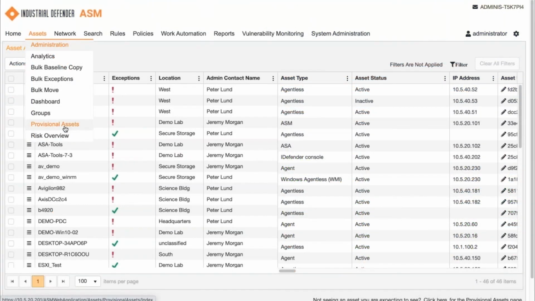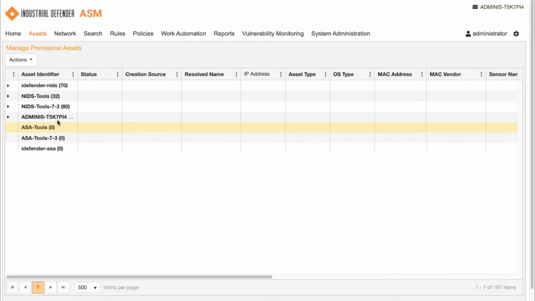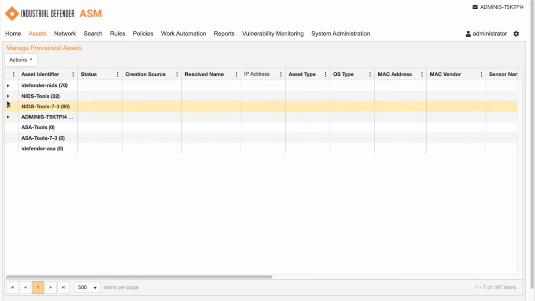There's been a lot of talk recently in the industry over the last few years about asset visibility. But asset visibility is just a start, right? It's not the same thing as management, and we'll show you how we differentiate ourselves in this field. So what I'm going to do is walk you through how a typical deployment would go